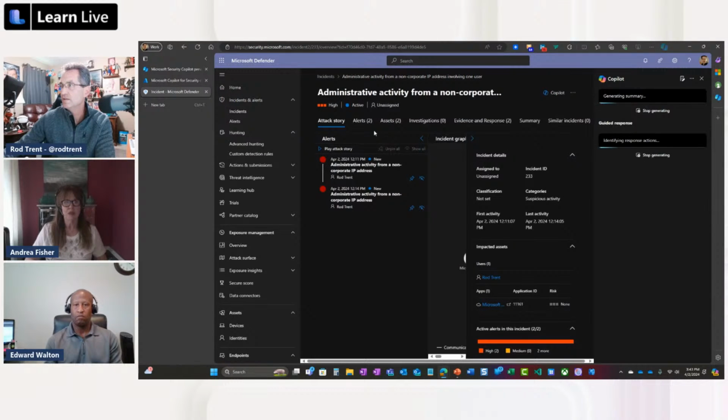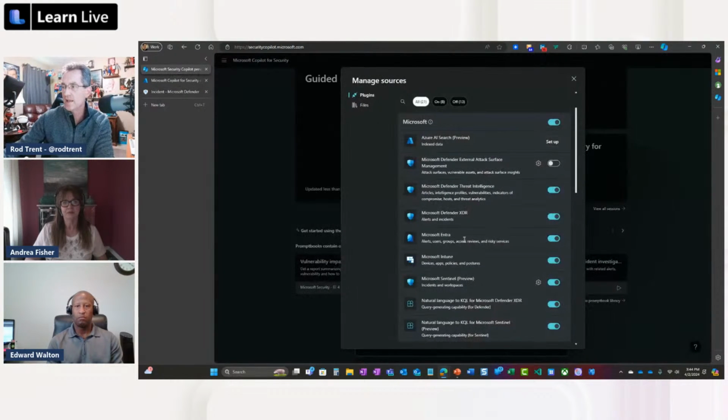in Defender, Copilot starts up automatically. It's going to generate a summary and give me some things that I could think about doing against that incident. This is like a non-incident. I apologize, this is my own environment, but you can see how this works just because I had that enabled for Microsoft Defender for XDR.